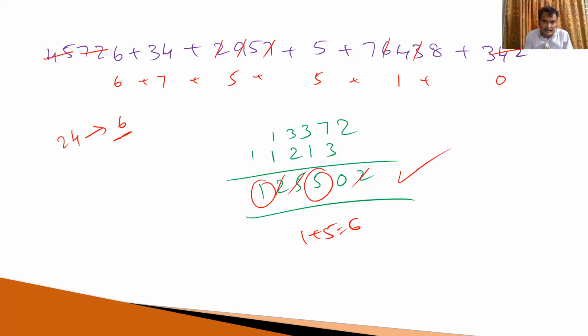In your examination, in any Olympiads or NTSE examination, suppose questions are like this and some options are also there, right? No need to add all the numbers. Just take the digit sum of the question and find the digit sum of the options and check which one is satisfied. That is the answer. Suppose more than one option is satisfied, then you must solve the question. Okay, is it clear? I'm going to explain one more example.